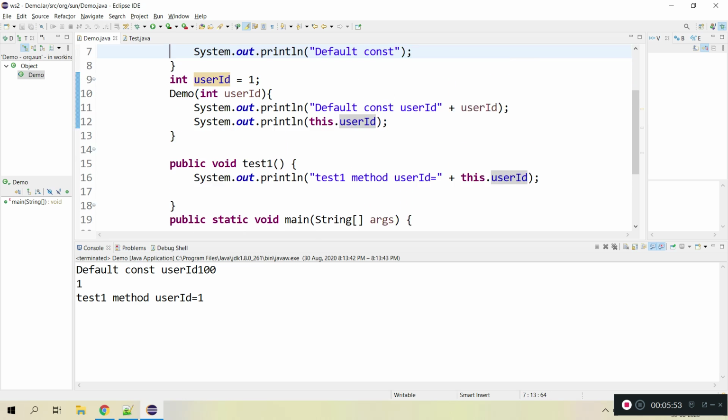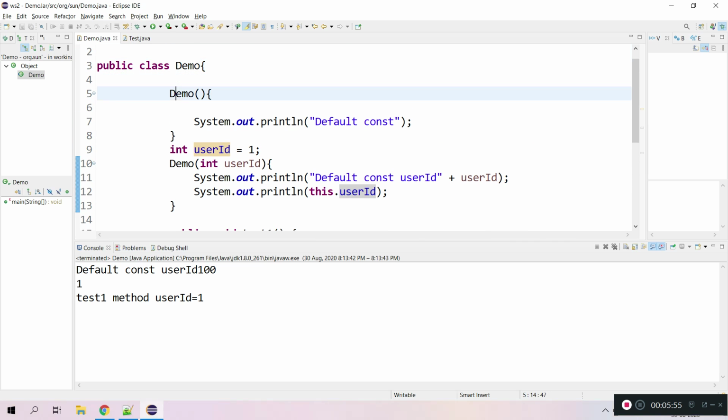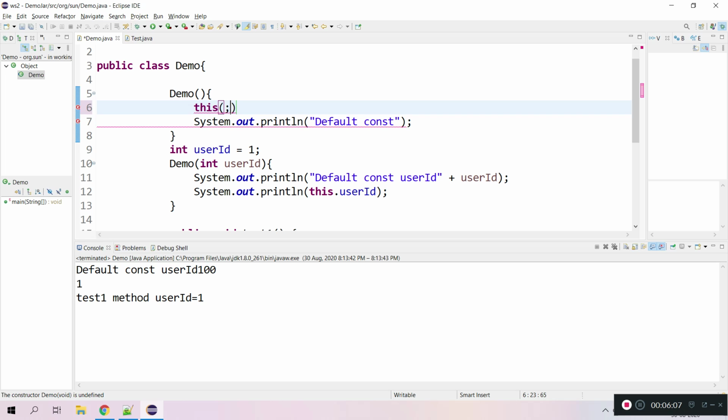And we'll see constructor chaining using this. How can we do it? From the default constructor, I'm going to call the parameterized constructor. How can we call it? We have to use the this keyword, like a method call, so that we can call the other constructor. In this case, that is the parameterized constructor. So I'm passing some value here.